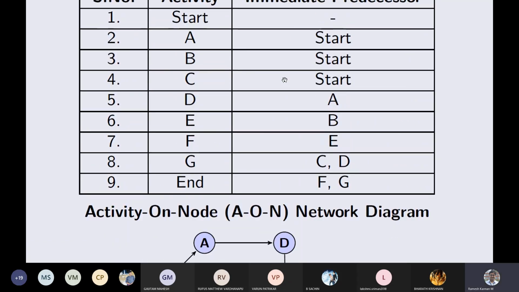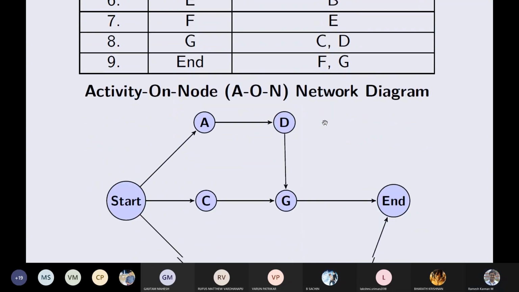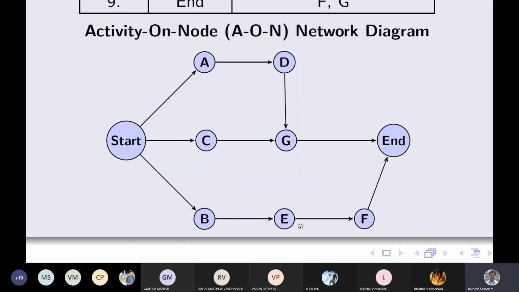Next, we'll take a look at E. Activity E depends on activity B. If you have marked B here, then E will be somewhere here. In trial and error, if you have written A, B, C, and instead of C here you put B here, then activity E will be here. But I'll tell you why I put B here.